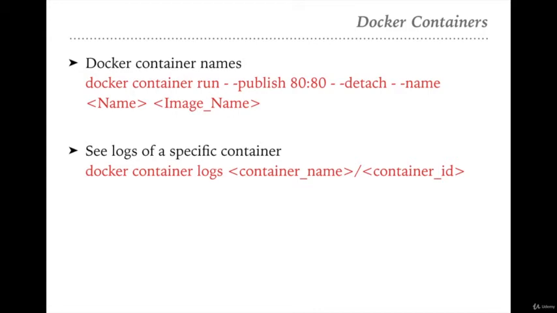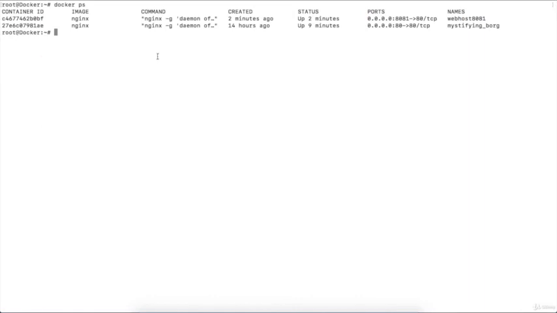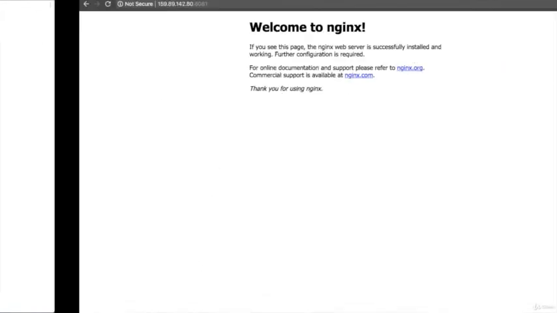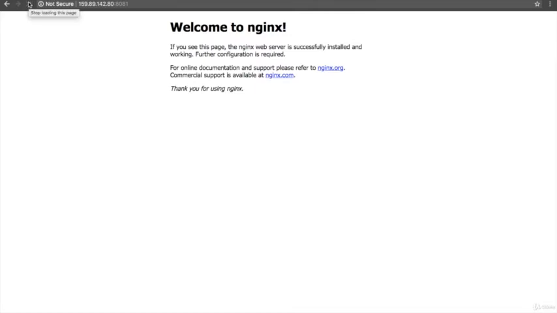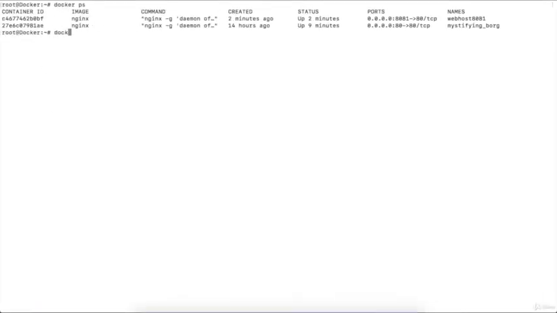So let's see how we can get the logs of the containers. Suppose we want to see the logs of a container which is running on port 8081. For this, we are going to generate some logs. I will go to my browser and refresh my nginx container again and again, right? So I have refreshed it three times. Now I go to my terminal and execute the command docker container logs. Then either I can provide the container ID, which is this, or I can provide the container name, right? I'm going to provide the container name. If you want, you can also provide the container ID.